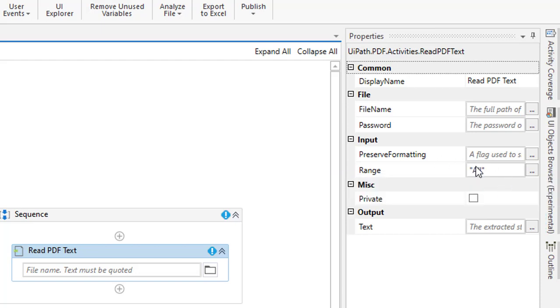I will explain all these properties in the same section. And once the PDF has been read, you can store the output in text format. First, we'll see the file name.